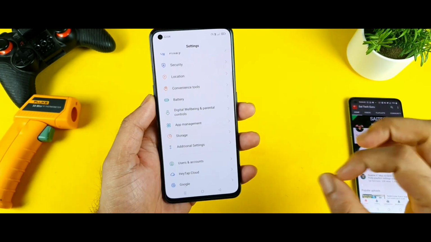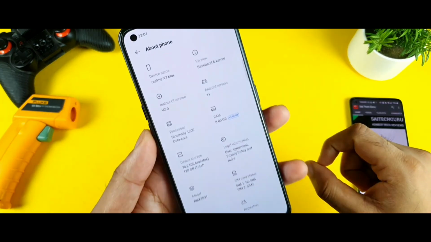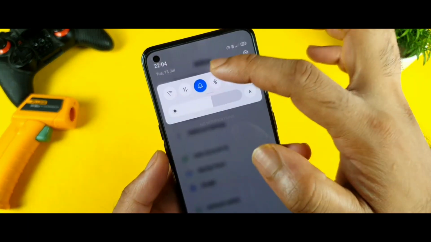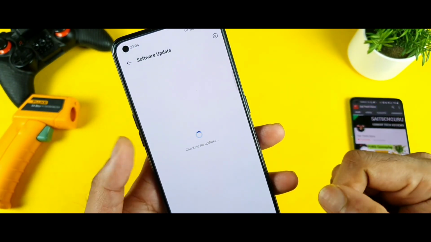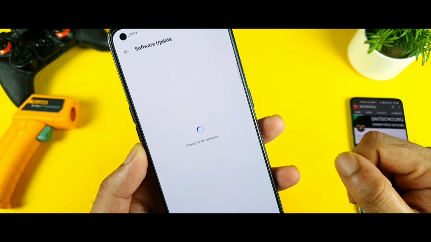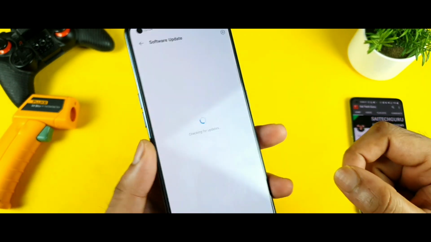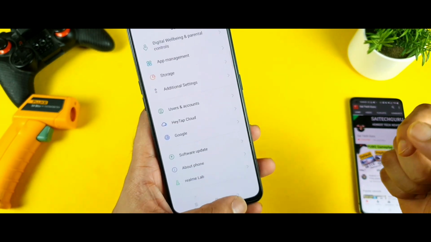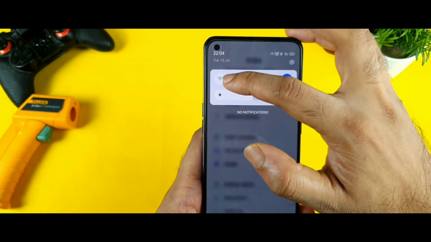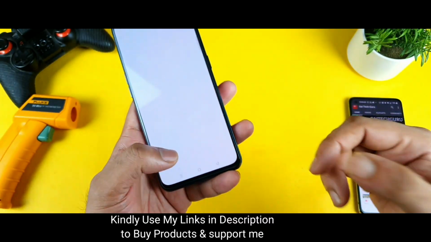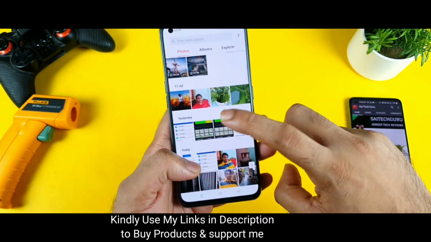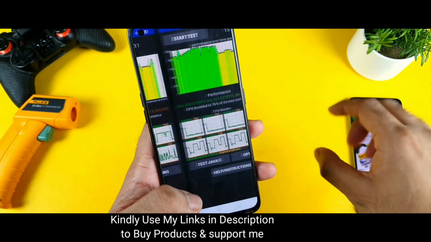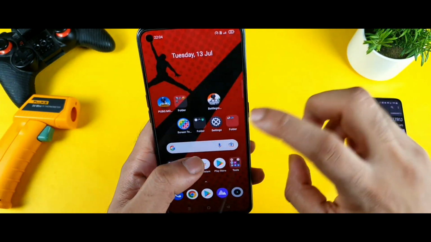Same testings I'm going to do on this Realme GT Neo Max, as you can see exactly. And the software update which I'm running right now is 8.16. Let me turn on the net so you'll be able to see the software update exactly. A lot of users asked me this kind of question, can you please do it with the CPU throttling as well, same type of testing, because before, the graph is not that great in terms of the throttling. It had some kind of issues as well, as you can see, the throttling issues. These are the things which happened before, but let's see friends what will be the results after using this kind of testing.